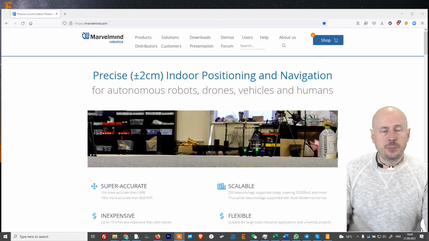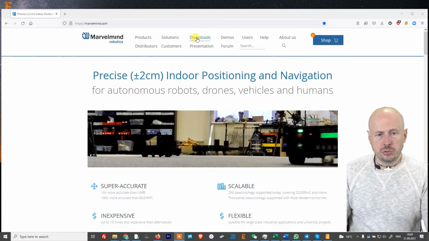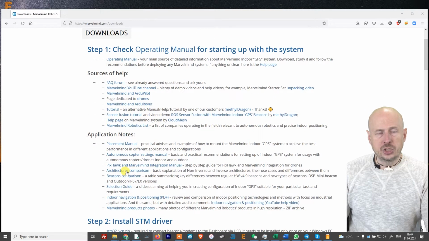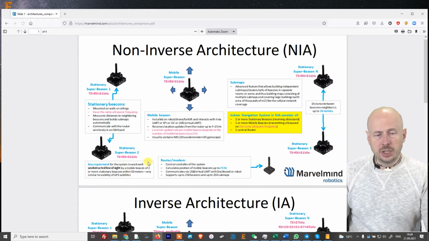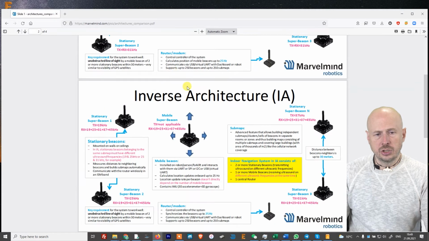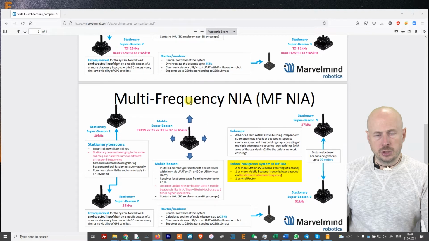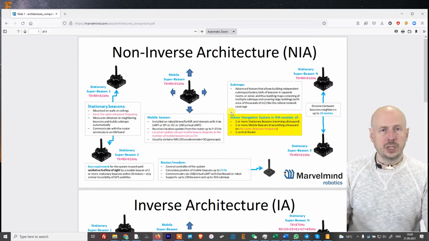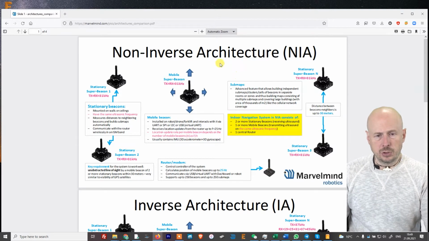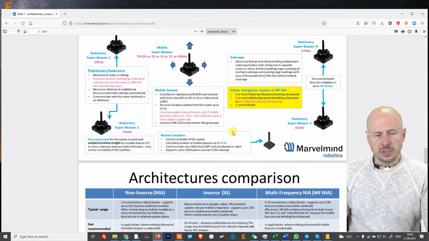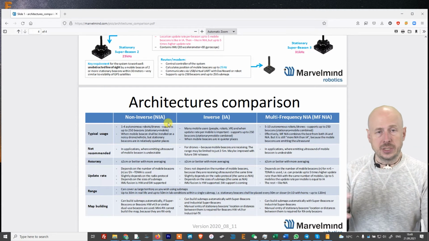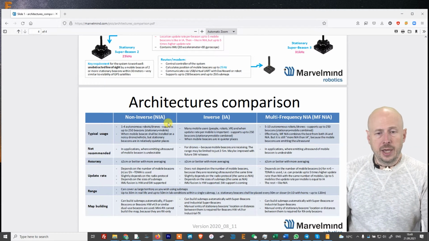Now, your main page is this one. So you go to Downloads, and then you choose the architecture comparison. In architecture comparison, you see non-inverse architecture, inverse architecture, and multi-frequency non-inverse architecture. They are placed like this because historically they were developed like this. First one was this, and then this. There is a short summary. You can read them, but basically the whole video is about their comparison between these three architectures and in which